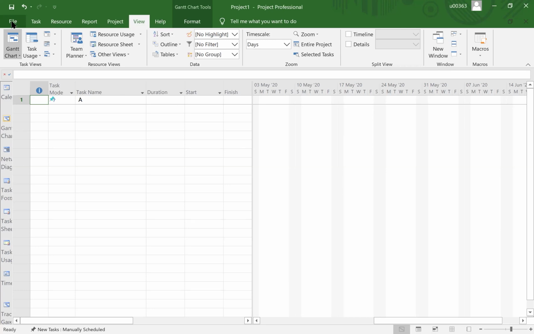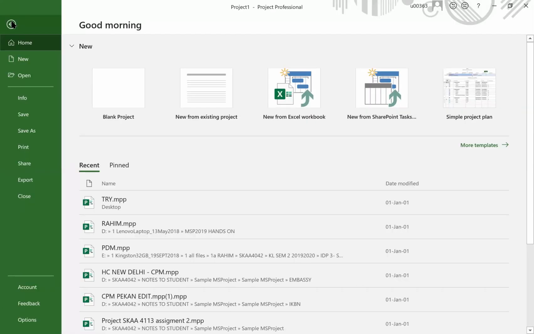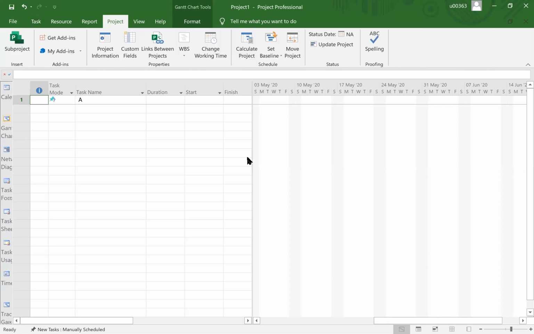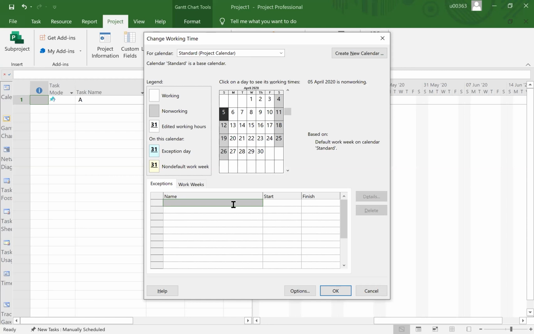Number two, after you set that, basically you set your calendar. Where is the calendar? Calendar is basically under Change Working Time here. This is the setting of the calendar. And you notice that by default, according to the US calendar, Saturday and Sunday are off days. Okay. So in Malaysia, for instance,